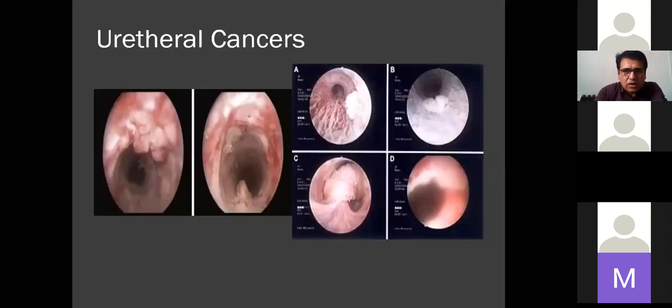Tumors are actually treated in two ways. If there is a very small tumor, you need laser treatment. With the laser, you can just vaporize the whole tumor if it is not penetrating and it is only present in the epithelium. But if it is deep inside, you need to remove the urethra. You might need to go for penectomy, or you might need